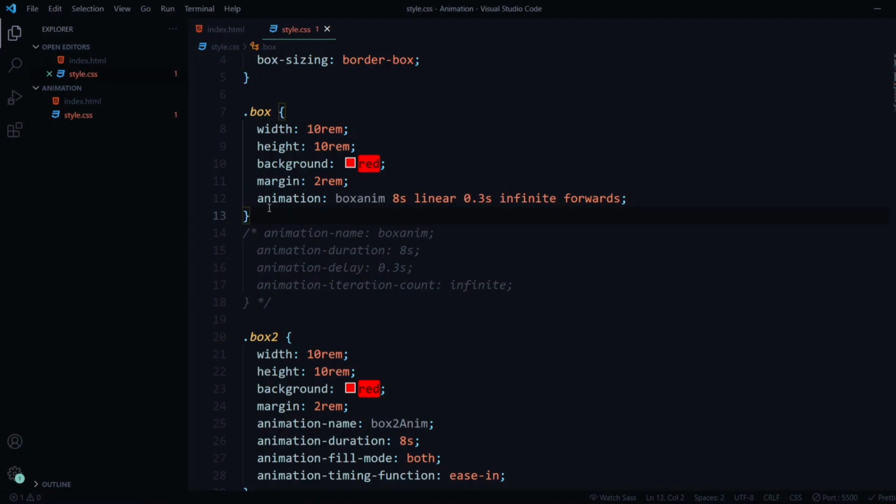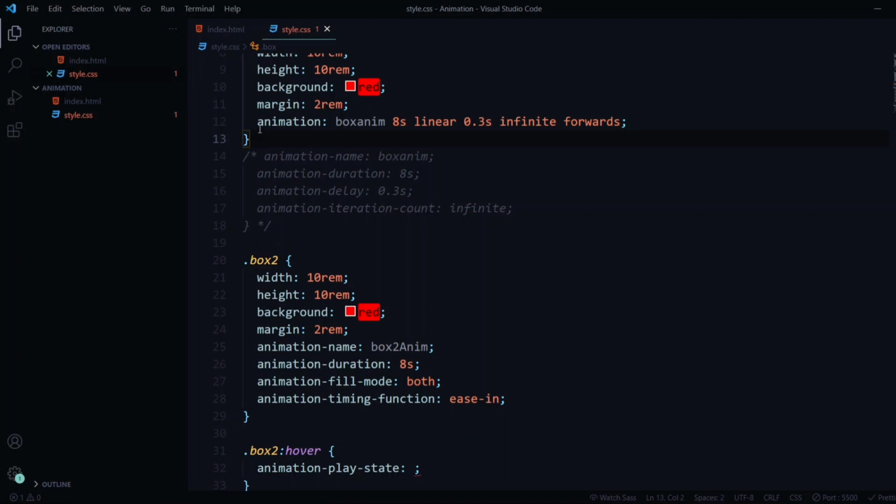So this is how you can use shorthand. You can also use shorthand in this box too. You can put all of these inside this animation and it works just the same. For reference, always remember and write it down: this is the name, then we have duration, then the timing function, after that we write the delay, then the iteration count, and then the direction.